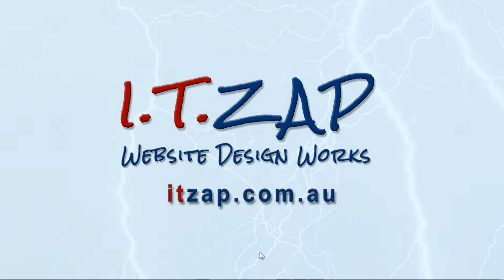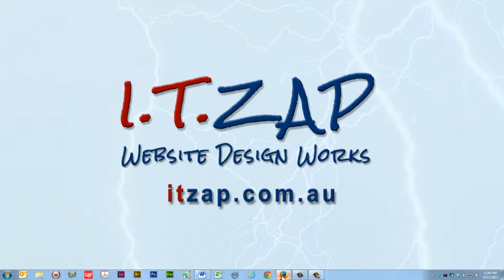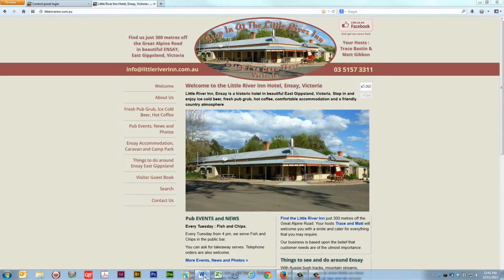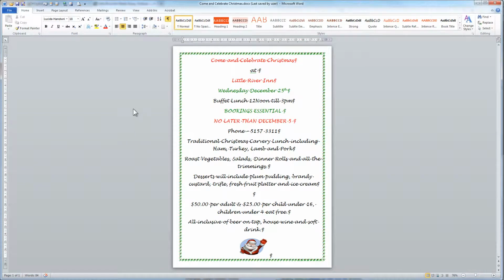Today we have a page to add to the Little River Inn hotel website, and we have the details in a Word document here. The new page is to promote a Christmas buffet lunch. We have the menu details here and also the price, which is $50 per adult, $25 per children. So apart from adding the details for this page, we'll also show you how to deal with those different price